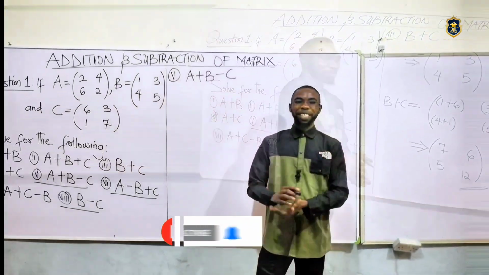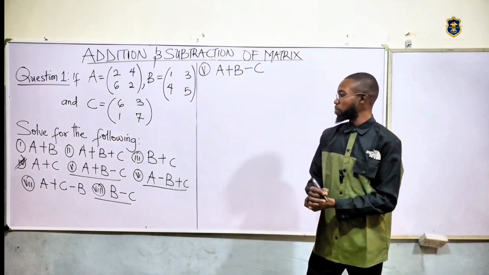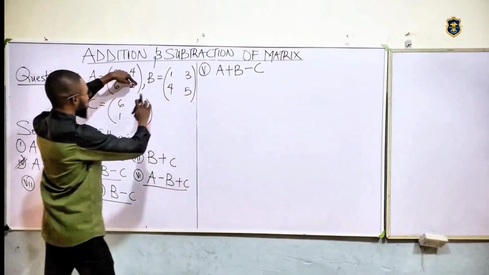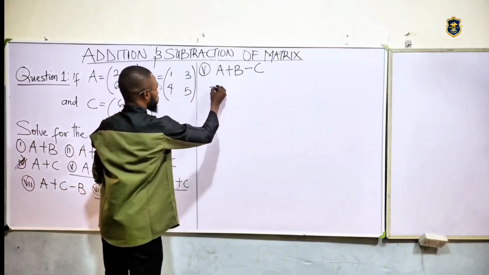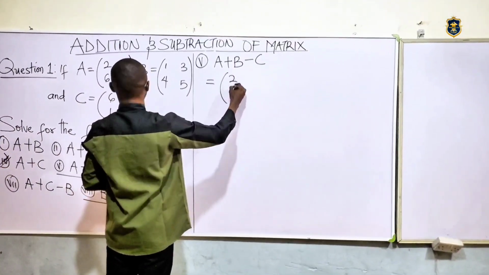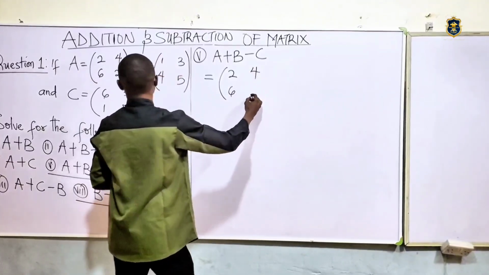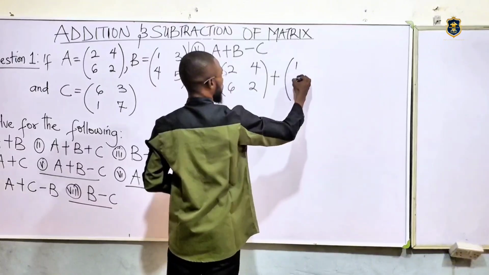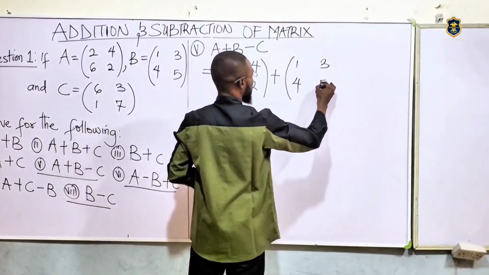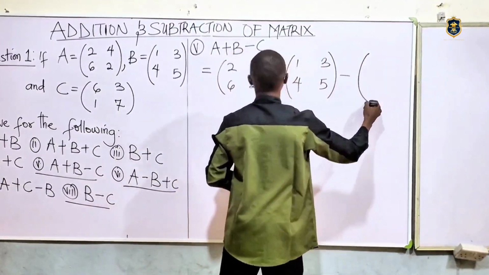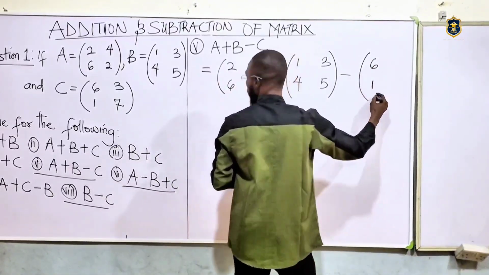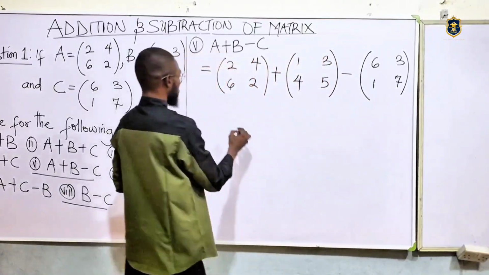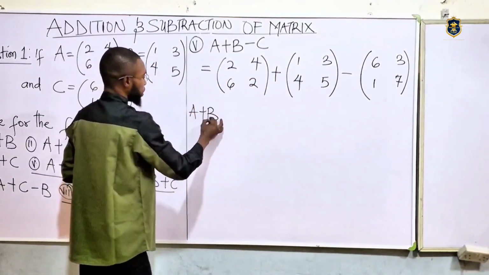Okay, guys. Alright guys, in the number 5 question, it said to find the value of A plus B minus C. So let's see how that works. We are going to be adding this or subtracting this from this, just like basic algebra. What do we do? A is 2, 6, 4, 2 plus B, which is 1, 4, 3, 5, minus C, which is 6, 1, 3, 7. So how do we apply this now? It's all the same thing. So A plus B minus C